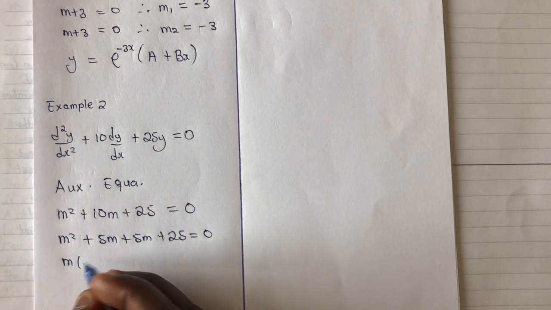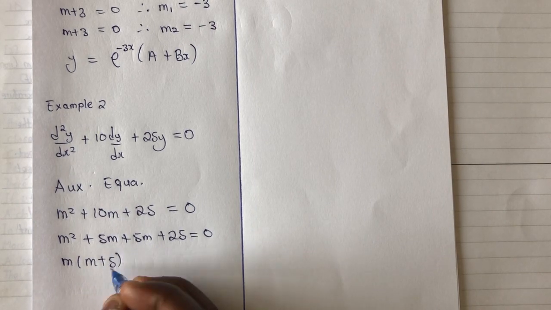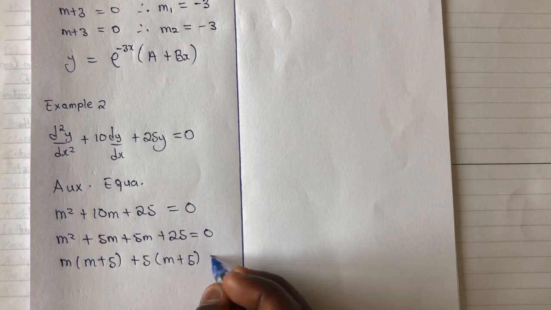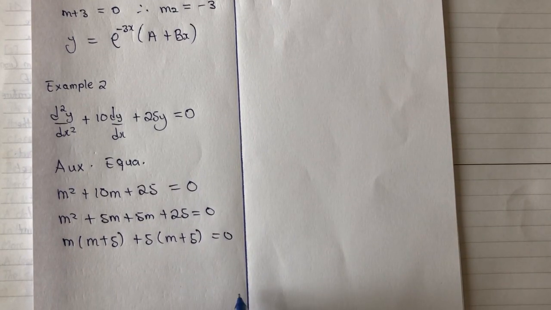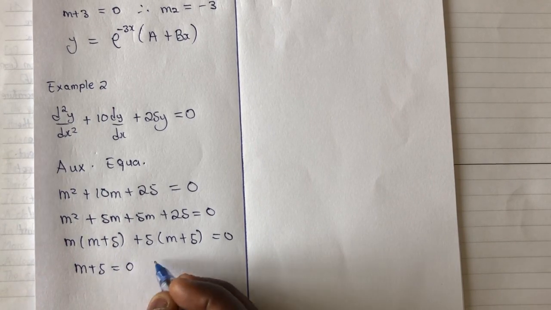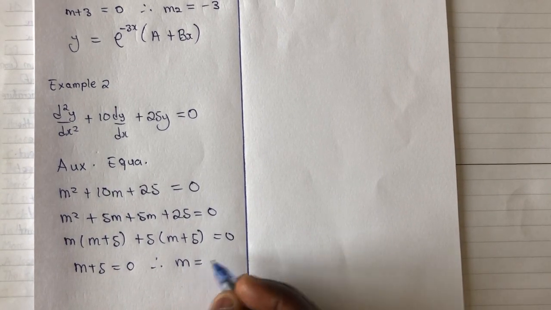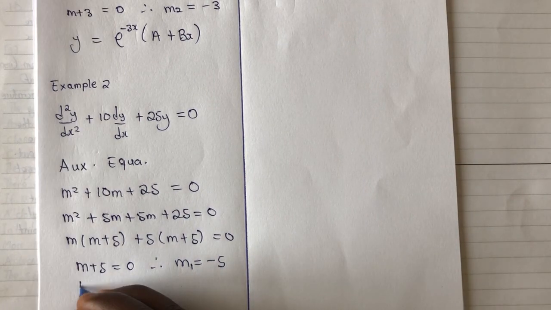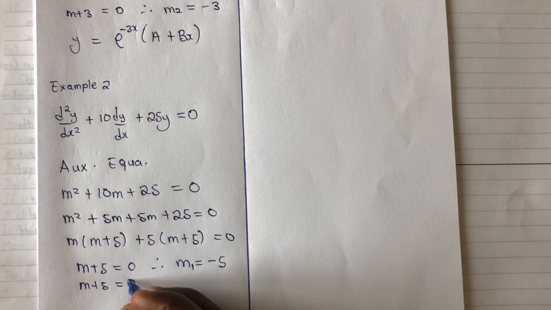So m outside, (m plus 5), plus 5 outside, (m plus 5) equals 0. So when you work on this, you get m plus 5 equals 0. Therefore, m1 equals minus 5,